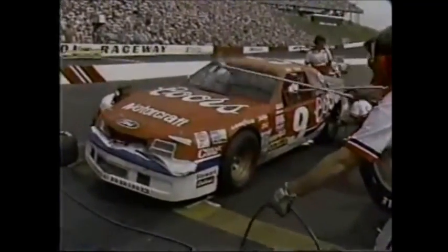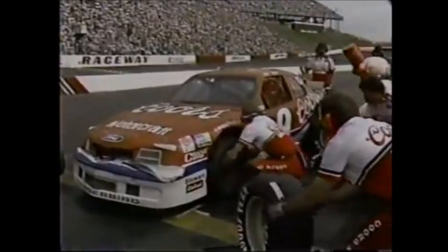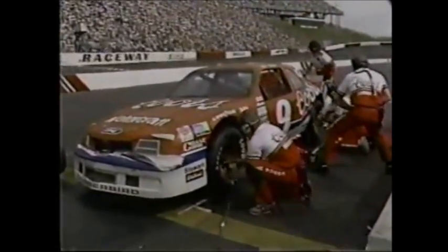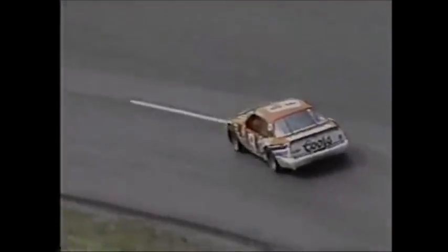Let's go to Jerry and Elliott's pit. Bill Elliott getting 2 right side tires. Dan Elliott has already put the right front tire on. The jack man will come whipping around the car. They clean the windshield. It'll be a 4-tire change for Bill Elliott. Elliott looking for his first ever short track win in NASCAR Winston Cup competition. You know, he led the most laps in this race a year ago, but didn't win. He had a good finish. Elliott's 4 tires down and away. A good pit stop for the Coors crew. Back out onto the racetrack goes Bill Elliott,